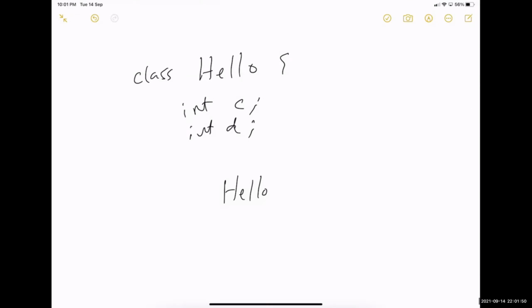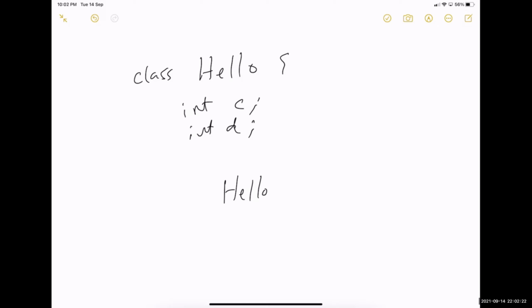It is not a difference with the method. Okay, tell me one thing. Those who know a little bit of Java, can I have a method with the same name as that of the class? Constructors have the same name as that of the class. But can I have a method with the same name as that of the class? Okay, something you can try out. So you can have a method with the same name as that of the class.